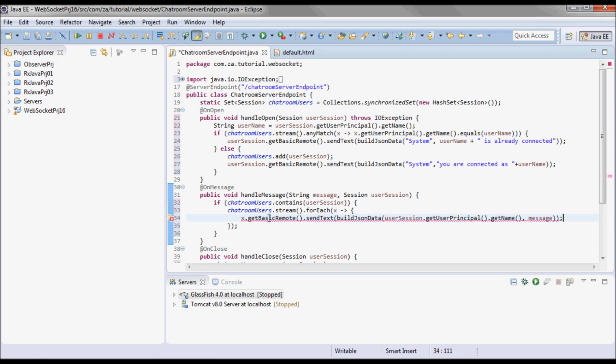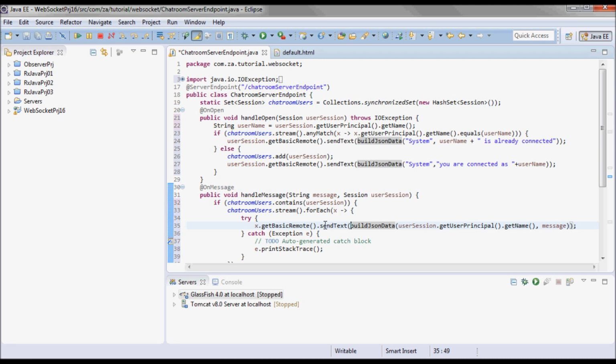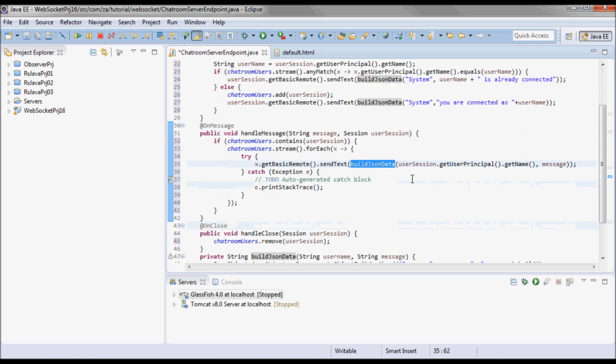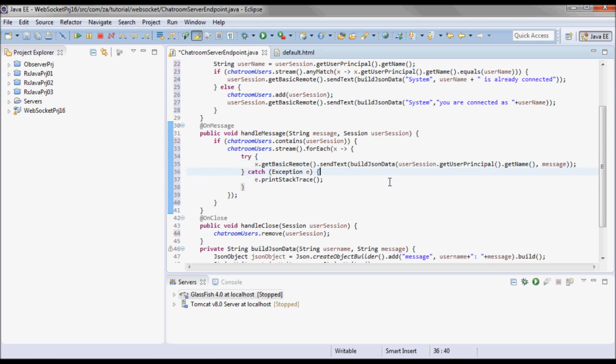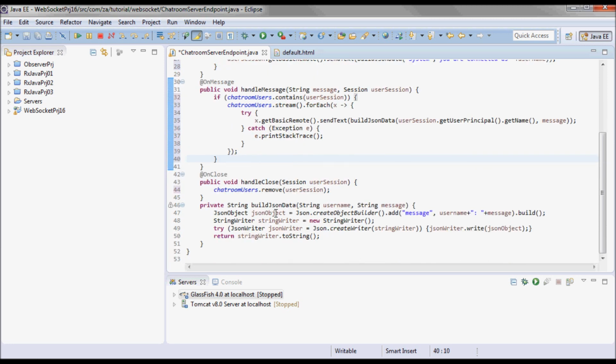So I'll do this x.getBasicRemote and send text, and I'll still use that built JSON data method. And so user session.getUserPrincipal.getName and the message coming from the client. And this should do it.